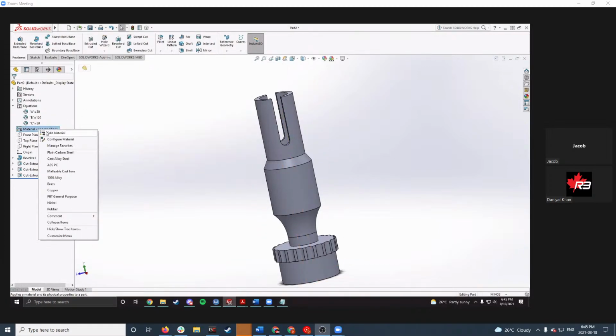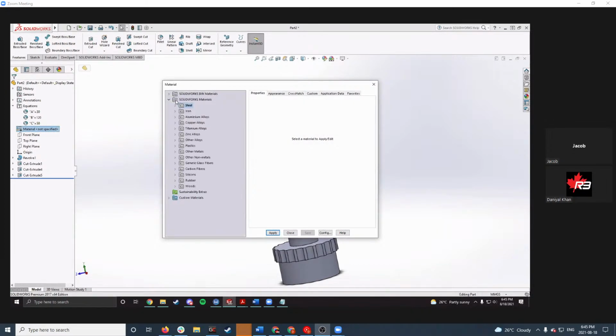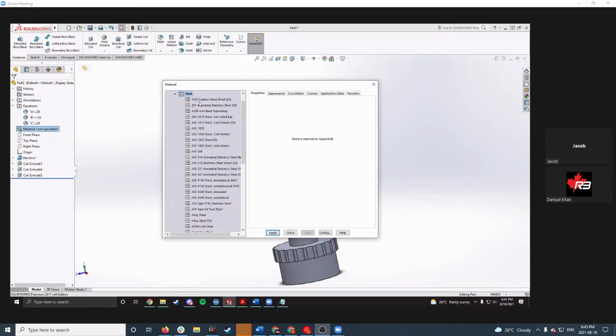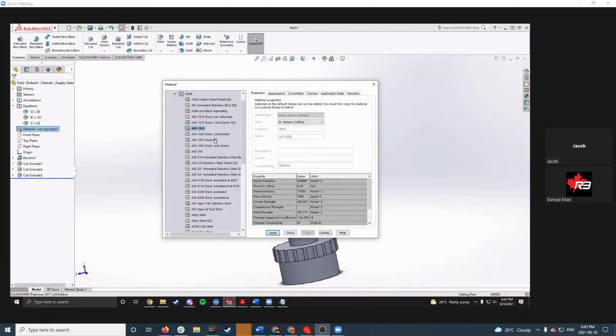So I'm going to select edit material. So I just right clicked on material, edit material. So there's a bunch of different materials here in SolidWorks. Typically, it'll just be like a steel or aluminum, something like that. And it'll be pretty easy to find. So here's steel, AISI 1020. You can change your units if you wanted to. I'm just not going to touch anything and leave it the same. Click apply